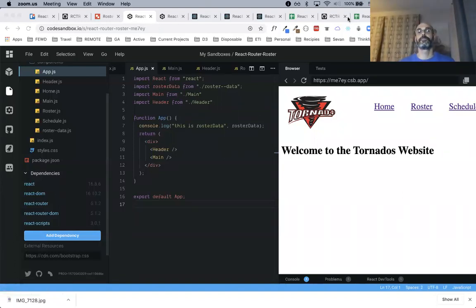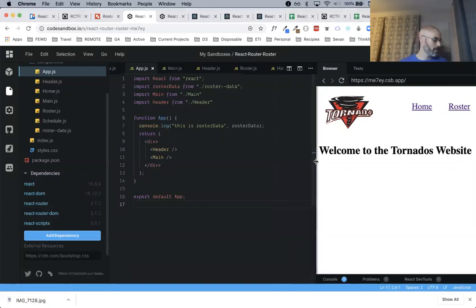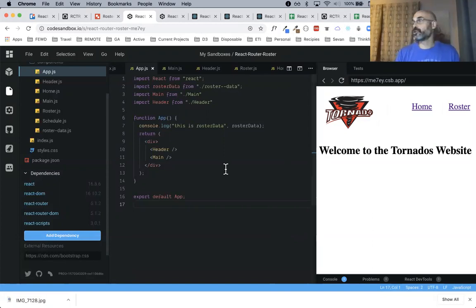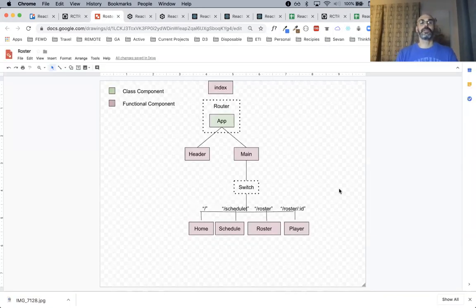Okay. All right, so we are back. Okay, so what I've done, move this down a little. I've made just a few changes. I've restructured it just a little bit to match this design, right?